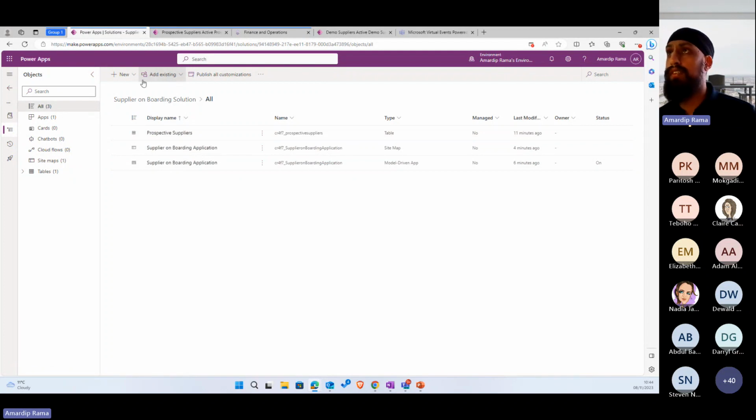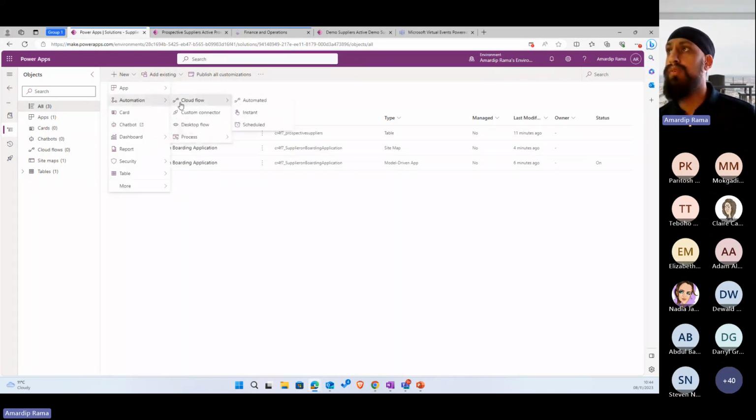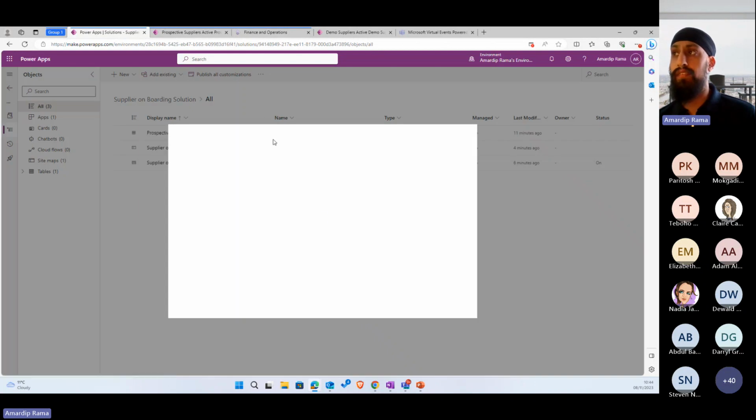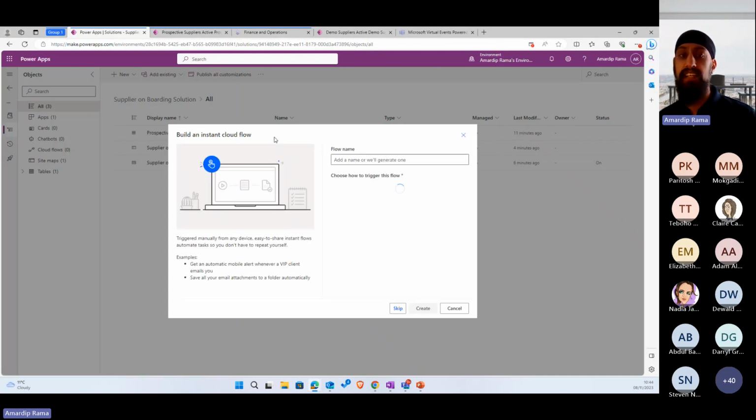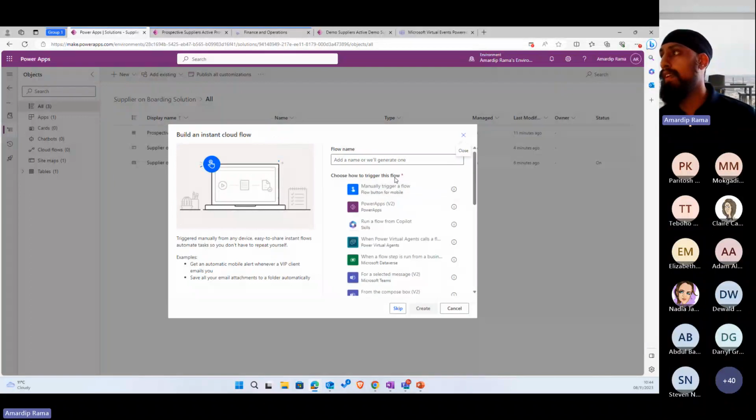So what we're going to firstly do is create a new automation. We're going to take a cloud flow and we've got some options. We've either got automated, instant, or scheduled. In this case, we're just going to go for the instant cloud flow. And what that means is I will manually trigger the flow myself. Okay, so it's not based on any automated step, but when a flow step is run from a business process